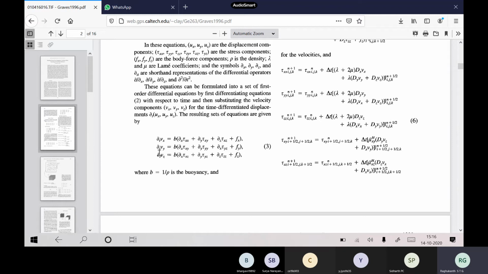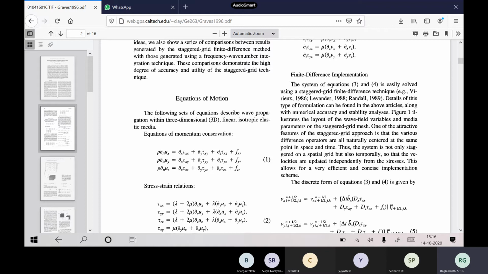Now similarly if you see the second equation, the time derivative of velocity in y direction should be matched with spatial derivatives. So the shear stress derivatives are different, then the normal stress derivative is with respect to y. If it is Vy, say, then that dou y will be there. So this is a complexity which comes actually.